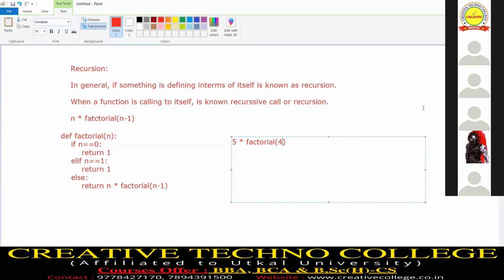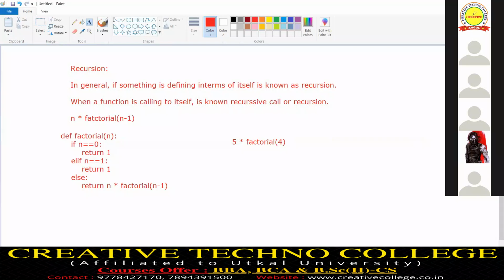As you see, when the control reads 5 into factorial of, because the name of the function is factorial, parenthesis is given, inside the parenthesis one value, so we can say that is an argument.